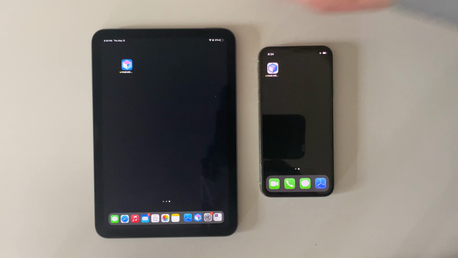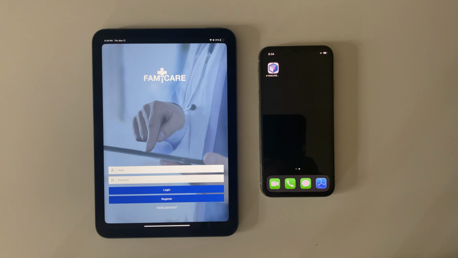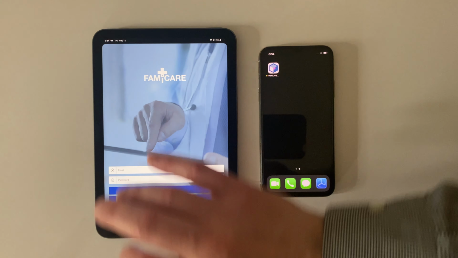So the first thing we're going to do is you can see the icons on both are the same, but the color is a little bit different, but the design is basically the same with matching icons. Okay, so we're going to open up the icon here, and you can see it here. The app is set up for me to immediately do the email,